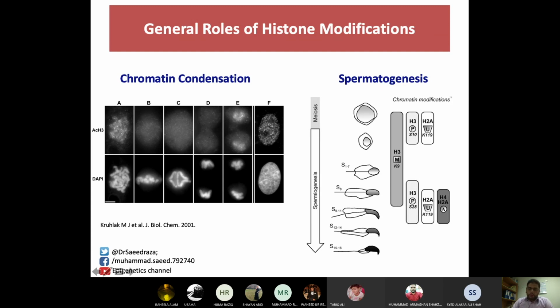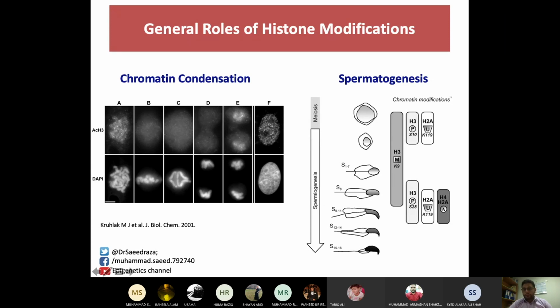So on this panel, which we haven't discussed last time, let's quickly have an impression about this panel. It tells you the role of acetylation in spermatogenesis, and lots of reported studies tell us that histone acetylation plays a very important role in the spermatogenesis process. You could see this arrow which tells that soon after meiosis there are a number of acetylations which are happening on histone,